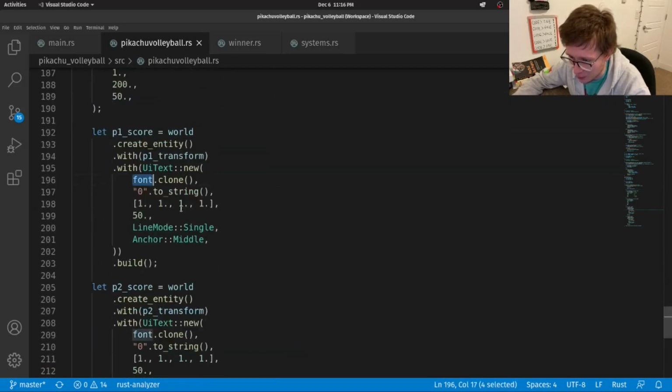Okay, so yeah, we'll be using this font, and we'll be setting it as 0. This is the color value, so 1 1 1. This is, I think it's called linear, right, for RGB. So this will be white, and so on. If you have Rust Analyzer, something you can do is press F12 to go to a definition of something.